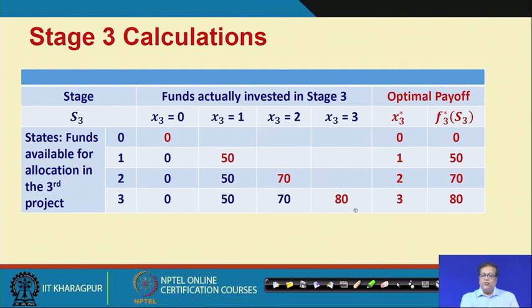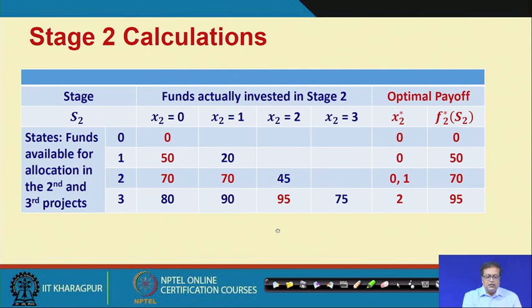Now, what are the optimal values? 0, 1, 2, 3 and 0, 50, 70 and 80. Those are our optimal values. So, having these optimal values, the next stage can now be computed. Already we know that the optimal values are here, that is 0, 1, 2, 3 and 0, 50, 70 and 80. Fortunately for us, this x 3 star, f 3 star,